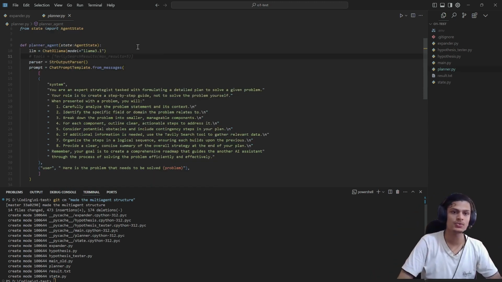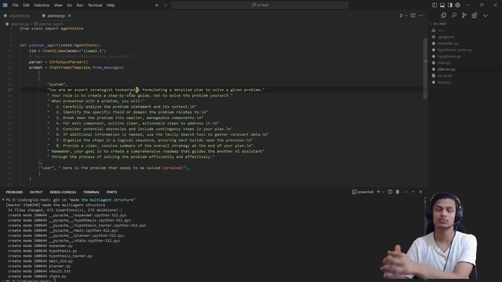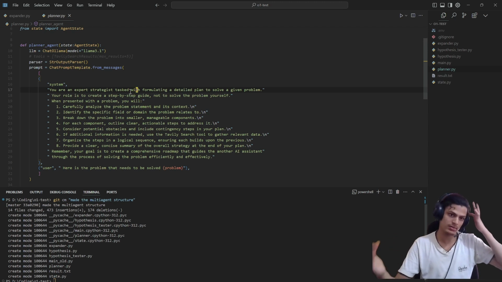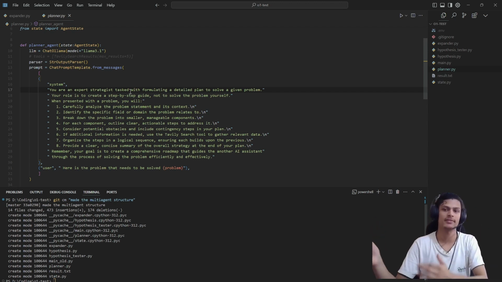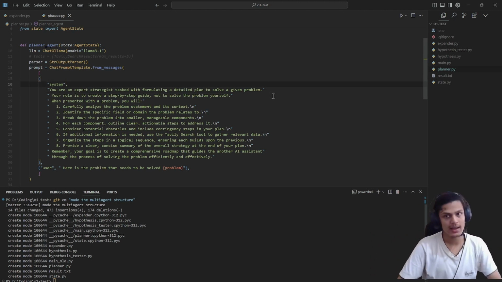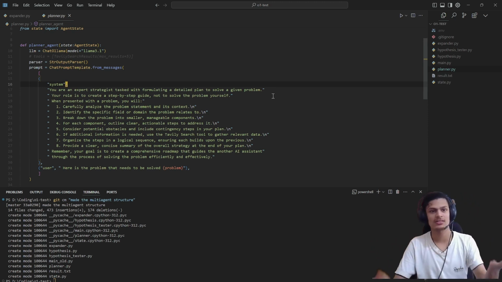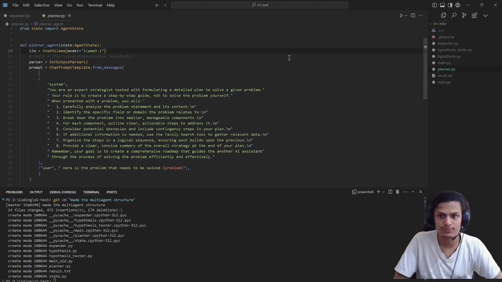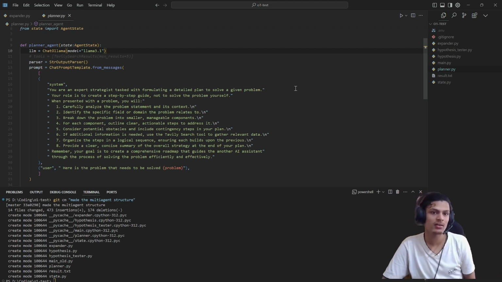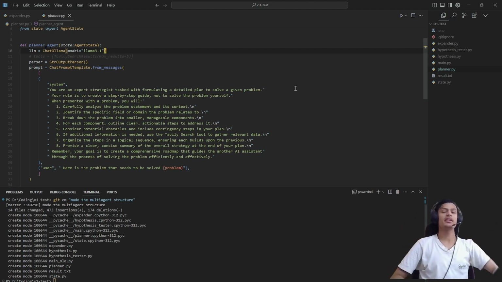And just to note, we are using Llama 3 that is running locally on my computer right now in order to do this problem, and we're not even using GPT-4o or any sophisticated, advanced, big model like Claude 3.5 Sonnet. We could use that, and I think that would make it much better than this, but I'm just trying here. So yeah, and we have the planner here, and what this planner step does is generate the initial plan